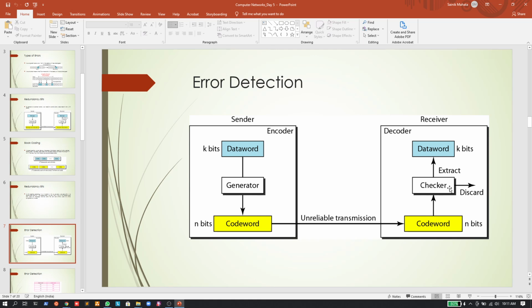So what will it actually do? From the n bits, it will just subtract the redundant bits. After subtracting the redundant bits from n bits, we will be left with only k bits, right? So the checker will just discard the redundant bits and extract the data, and the data word will now be given to the receiver side. Okay, so I hope I am clear with this diagram. Okay, next,